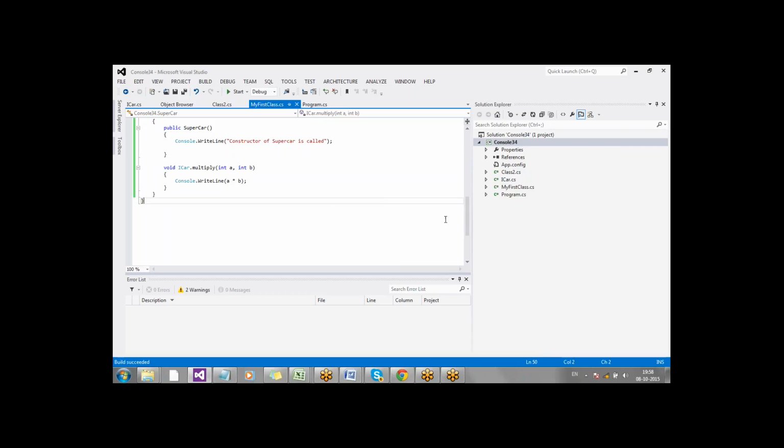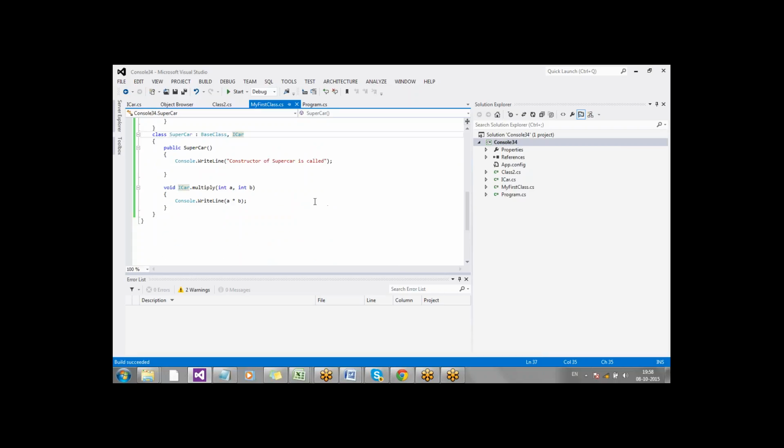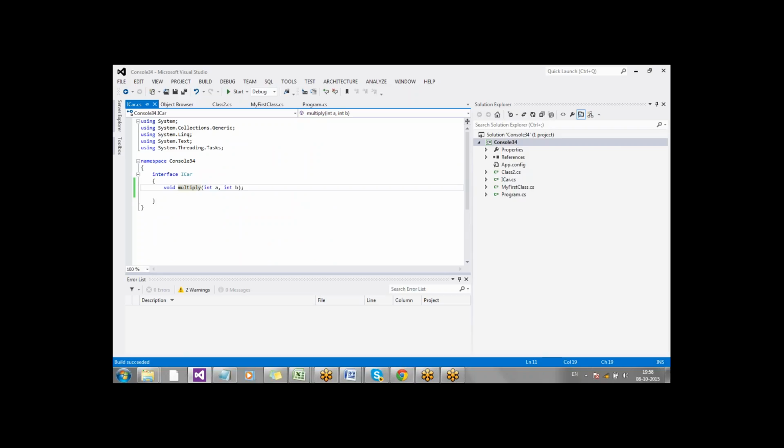Good. So now, do you see any error because of adding ICar? No problem. No, right? Which means you can have multiple inheritance implemented through your interfaces.